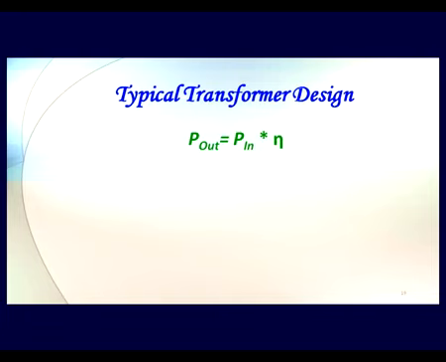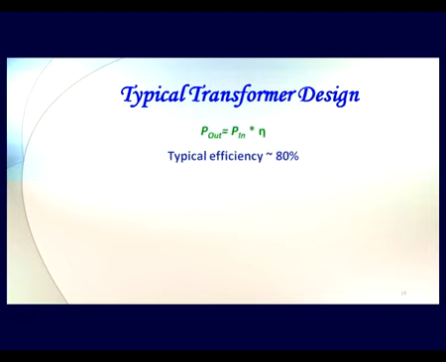The ratio of power output upon power input is called the efficiency of the transformer. And as you know, in any working system, the efficiency cannot be more than 100% ever. So you always are going to lose certain power in the operation of that particular device, and so always your power output is going to be lesser than power input. Typical transformers have efficiency of 80%. That is, the P out by P in ratio is of the order of 0.8.